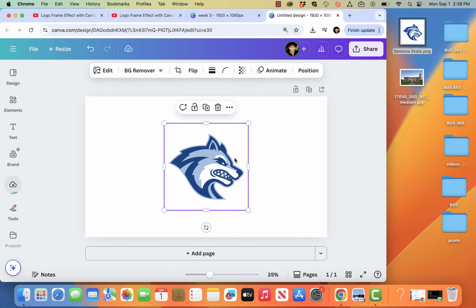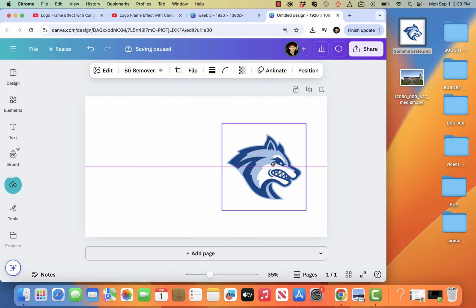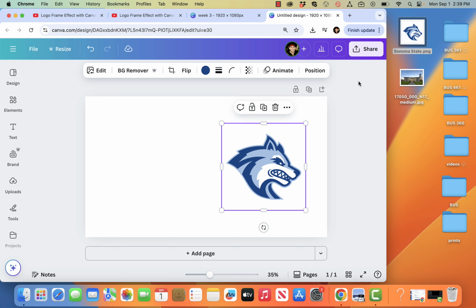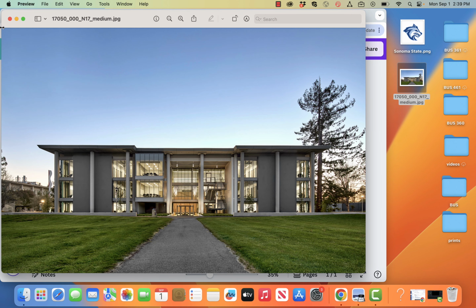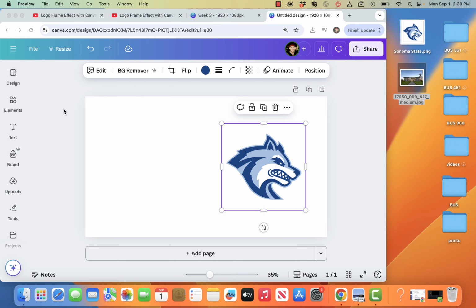So I got this Sonoma State Lobo Seawolf logo. But you can use any logo, just a simple colored logo. And then I got an image I'm going to put inside the Tracer later on. But you could use a Canva image or any image. So, okay, first, I want to get that background, whether it's a gradient or a starburst or some